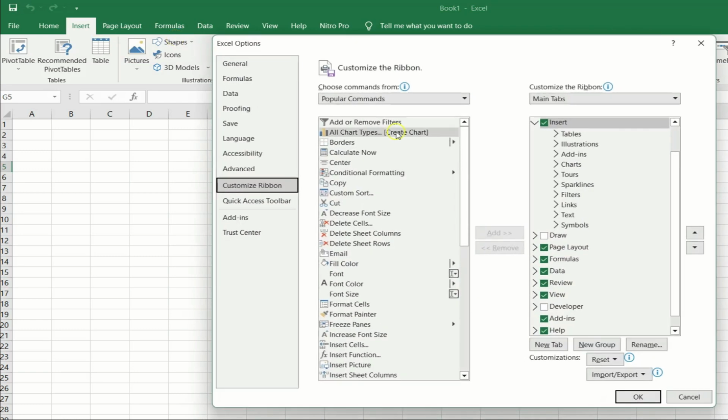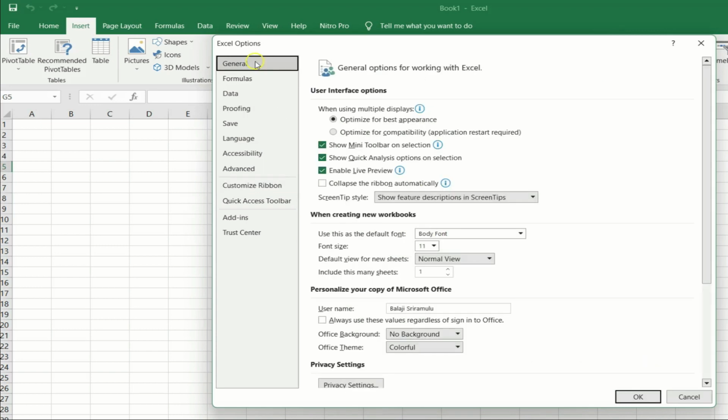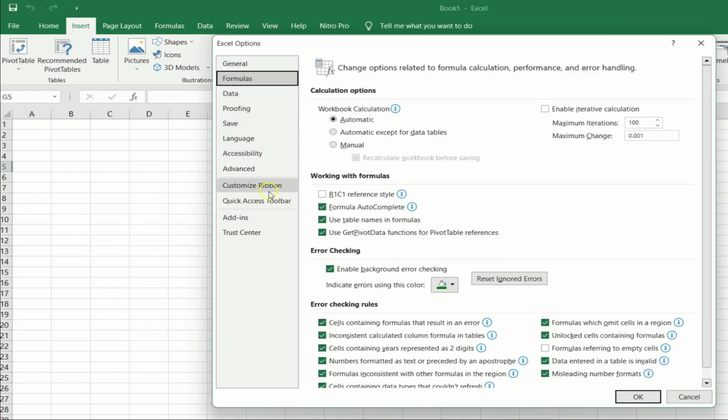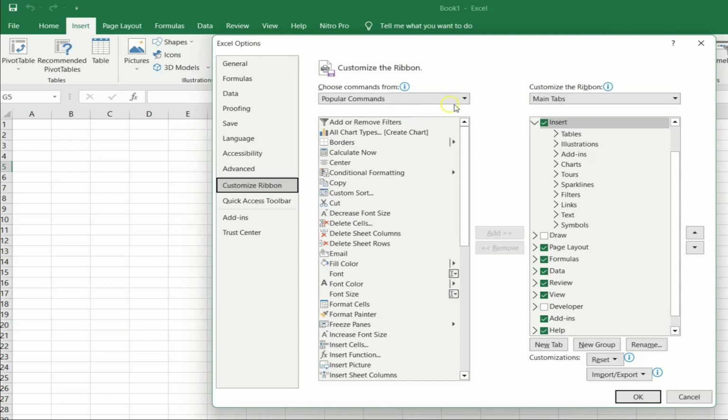So we get this Excel Options pop-up. In that we have various options. We have to select the Customize Ribbon option, and select Main Tabs. In that we can see various tabs, like the Drawing tab and Insert tab. The already enabled tabs are ticked. Here the Developer tab is not ticked, so you have to tick it, and we give